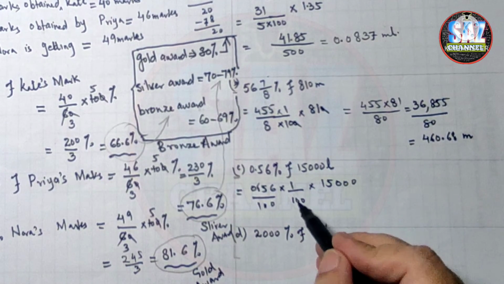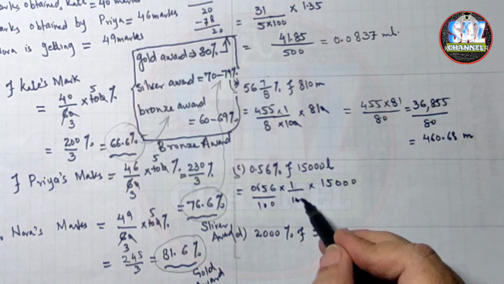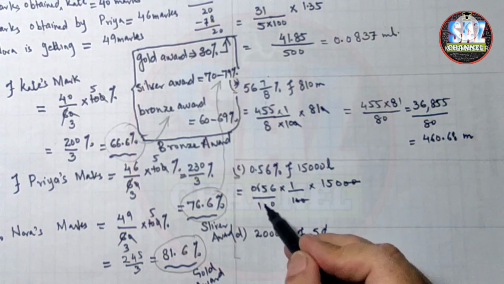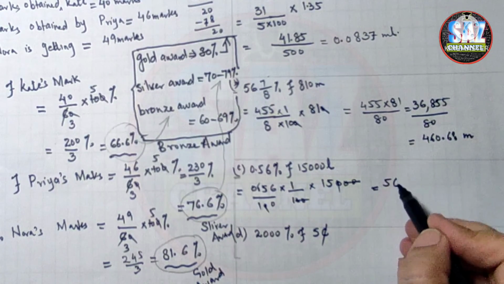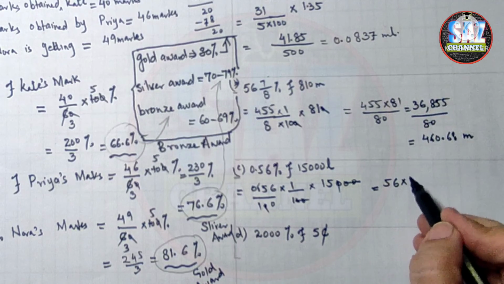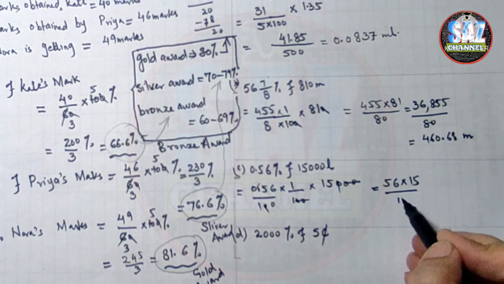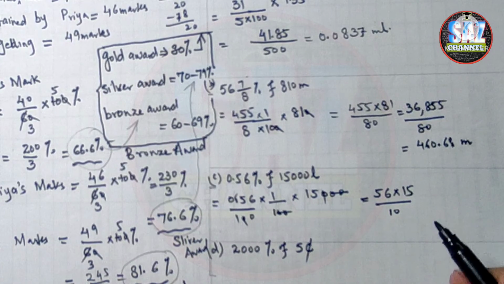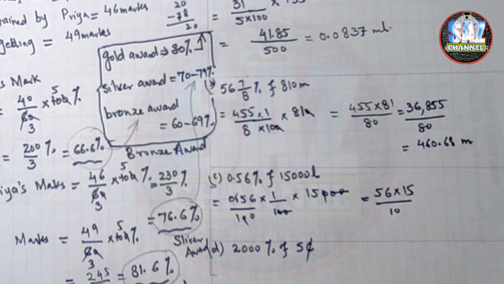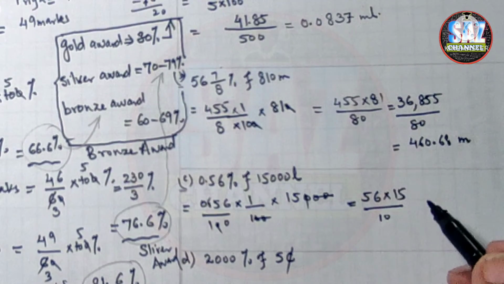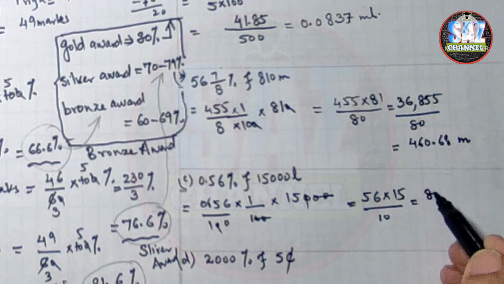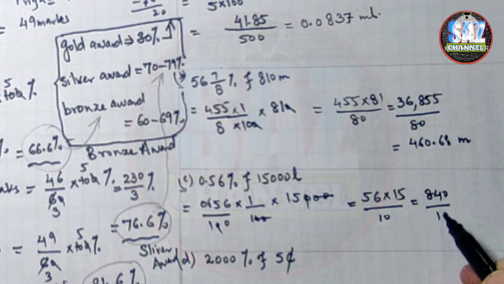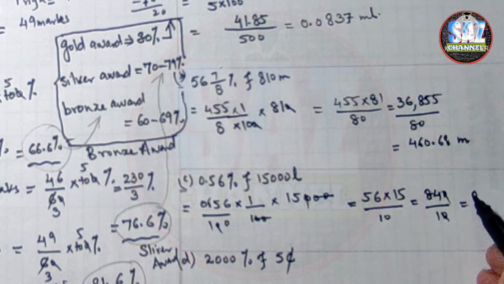Yes, these are 3 zeros, and now 2 zeros from here and 1 zero from this place can go, and we are left with 56 multiplied by 15 upon 10. Now 56 multiplied by 15 is 840 upon 10. This goes with this, and which is equal to 84